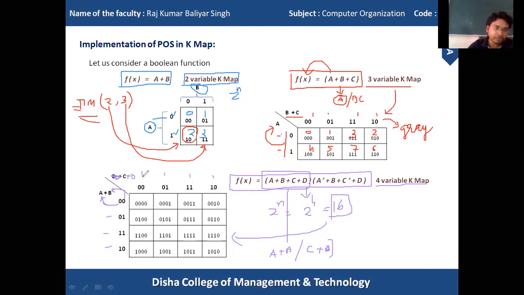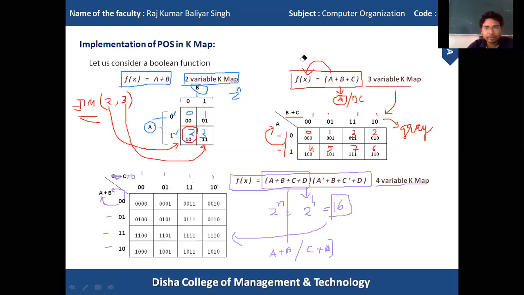So what is the cell index of the cell? Again, we implement the matrix rule, the first row, then column: 0000, then column 11, then 00, column 01. So 0011, 0010. According to that, we are getting the index of the cell.